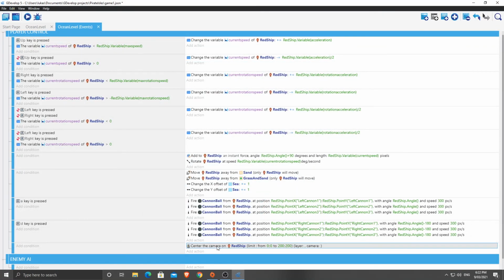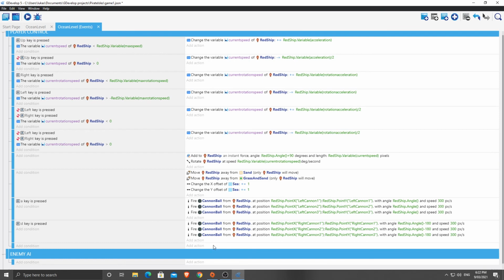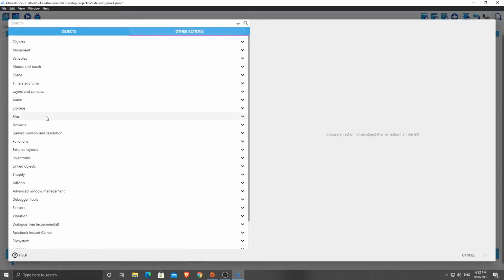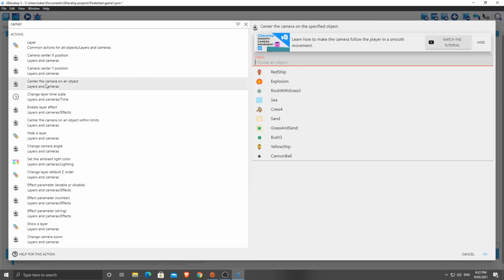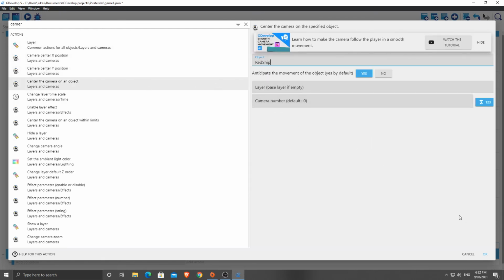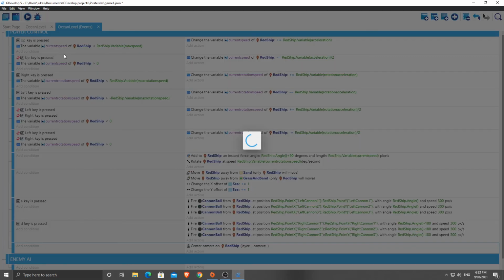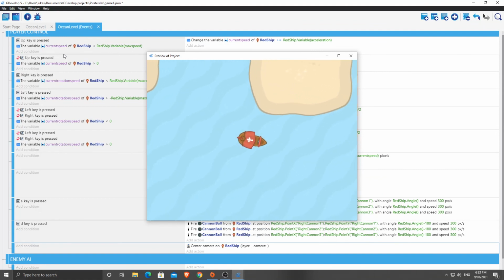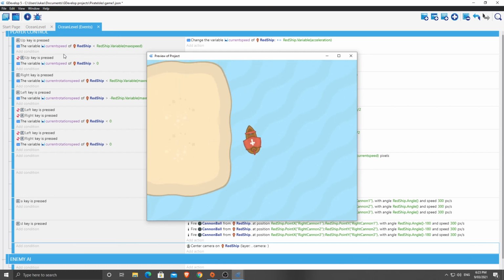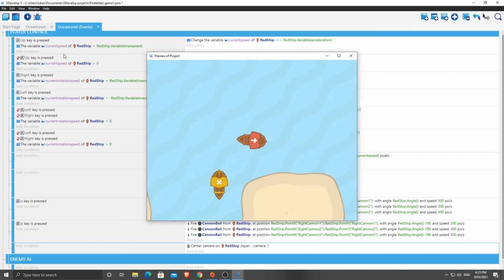What I was hoping it would do is that the ship would move around within the screen, and when it got nearer an edge, the camera would move. Obviously, that's not what it's doing there, so let's just add in the action camera. Center the camera on an object, red ship, and done. Okay, so now we've got the camera centered on this ship, and we can drive around. We can hit A or D to fire the cannons,